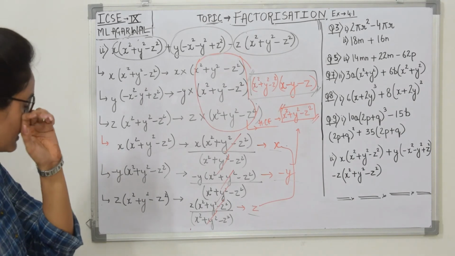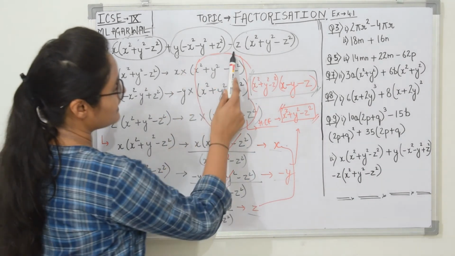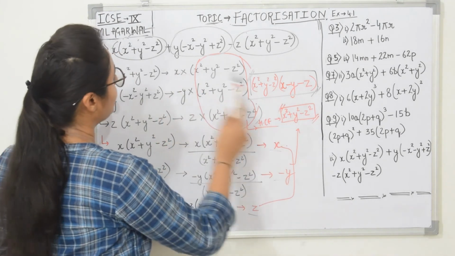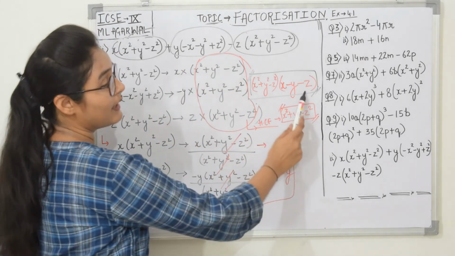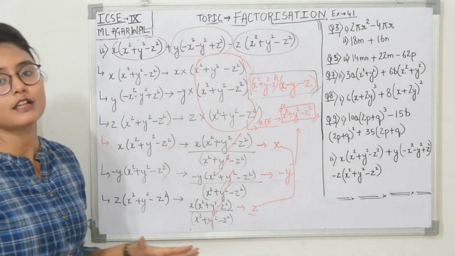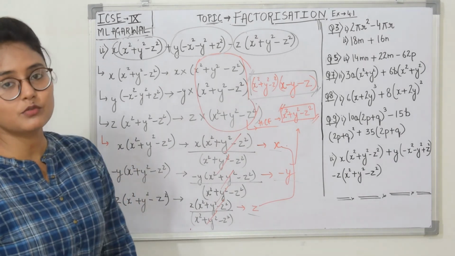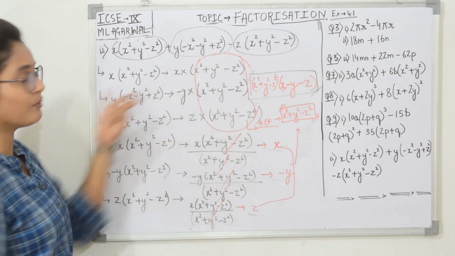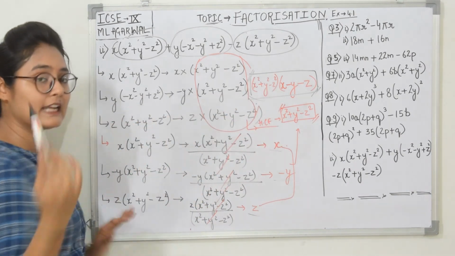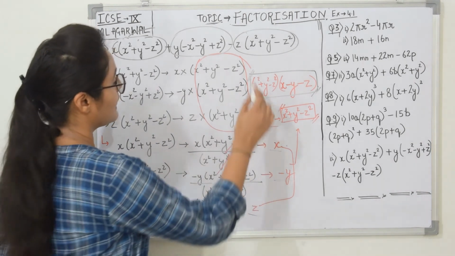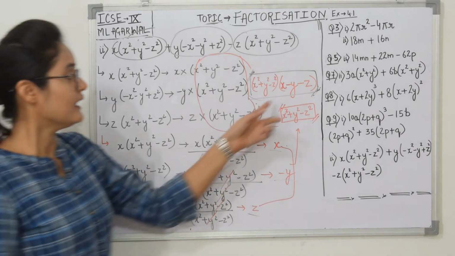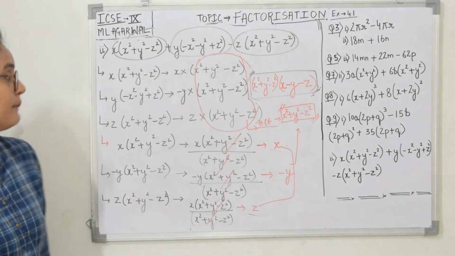Now one thing you will notice in this question is that the signs you have to put down are not following the same pattern. Plus, minus was there, and now we are having minus, minus. The reason behind this is that we have to filter out our common factor, and for that purpose we have taken out the minus sign as common, so that we can get our HCF in common, and we can get our final answer, which is x square plus y square minus z square inside the bracket, x minus y minus z.